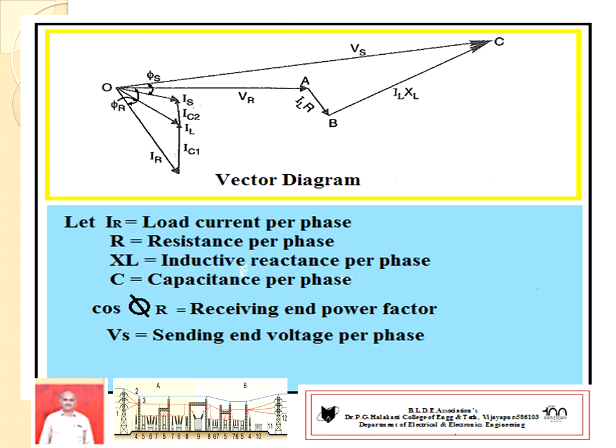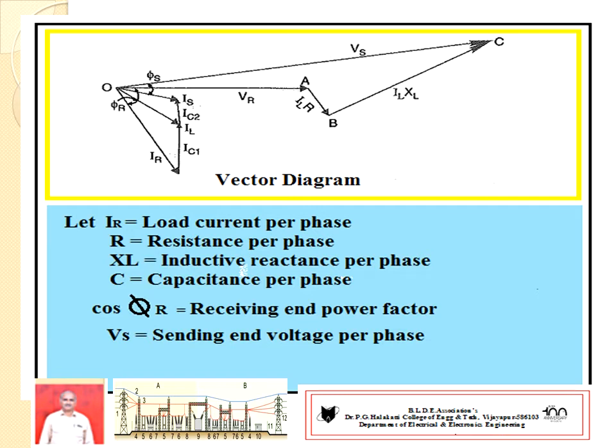IR you have drawn, IR which is lagging by phi r with VR voltage. Then once you are knowing IR, you calculate IC1. IC1, by knowing the capacitance value, voltage applied is VR. So you calculate the IC1. After calculation of IC1 and IR, vector sum of these two will give IL current. Once again, IL is vector sum of IR and IC1.